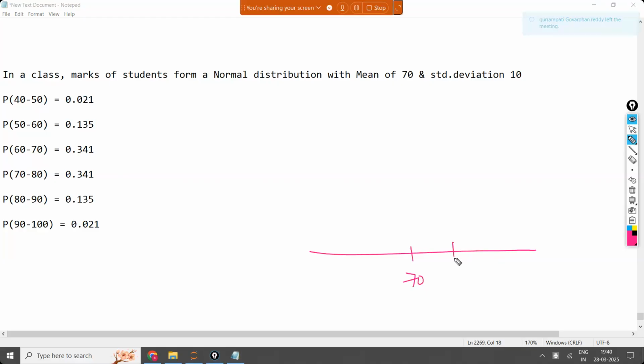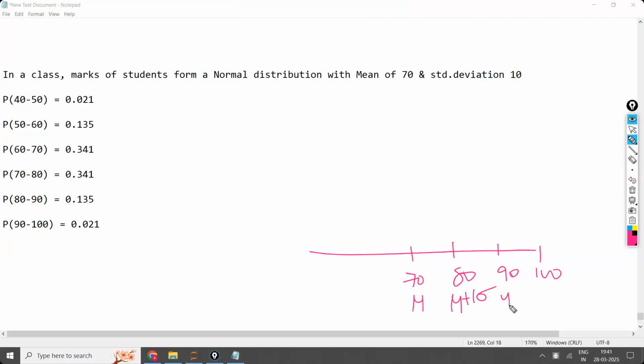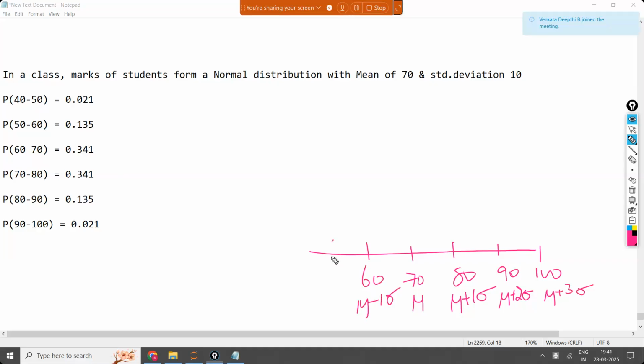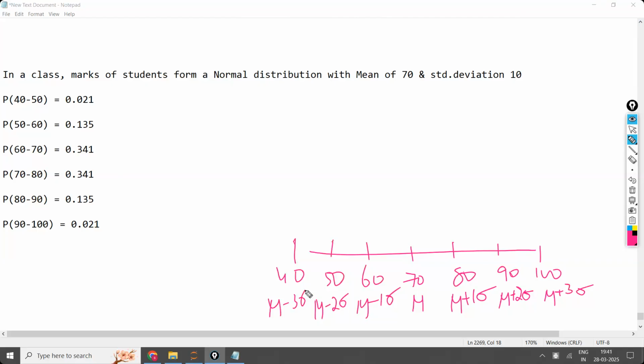Now, whatever you have calculated, if you observe clearly, the center value is 70 and on the right side you have taken 80. What is this 80? Mu plus 1 sigma. This is mu, followed by 90, which is mu plus 2 sigma, and 100, which is mu plus 3 sigma. On the left side, 60 is mu minus 1 sigma, followed by 50, which is mu minus 2 sigma, and 40, which is mu minus 3 sigma. Now, whatever you have calculated